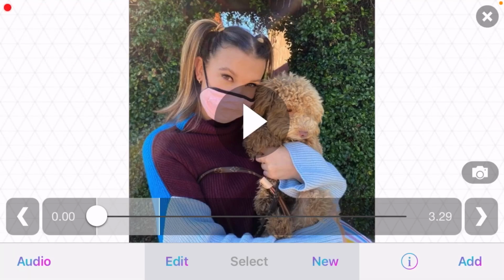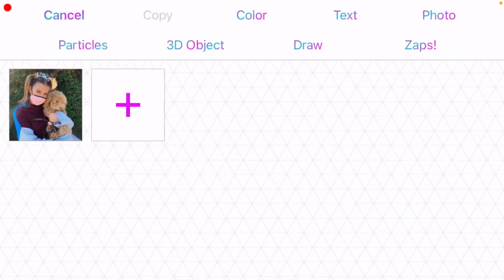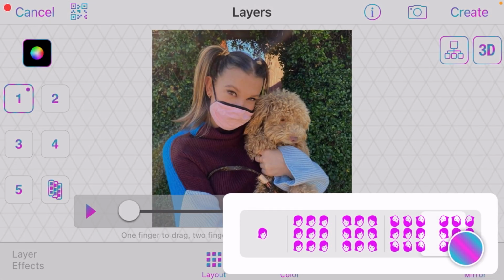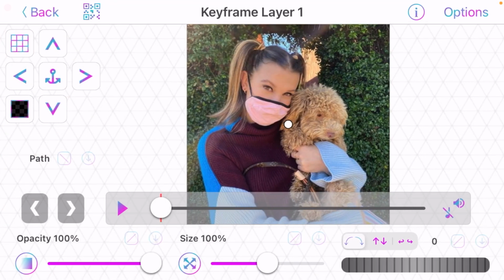In this video I'm going to show you how to make smooth edits on Video Star. I'm going to show you what I usually do to make my edits more smooth, and I hope it's going to help you all, of course, so let's get started right away. So let's go to multi-layer, and I'm going to add some mirror, and then go to edit keyframes, and I'm going to use a spin